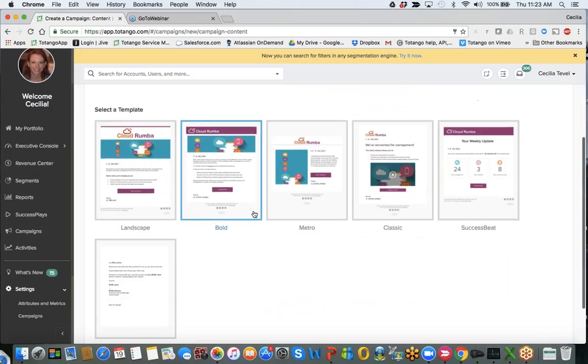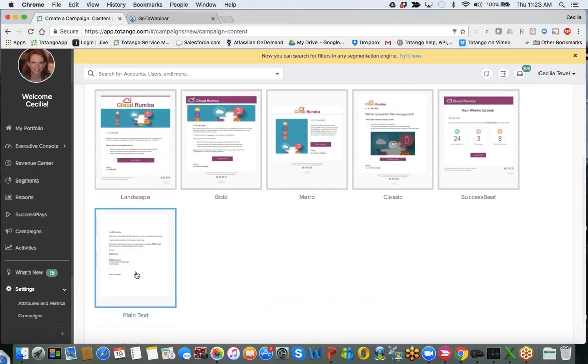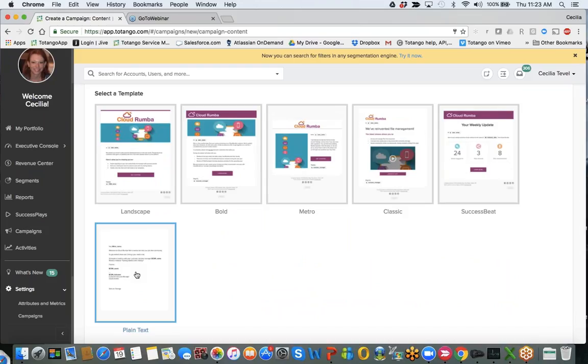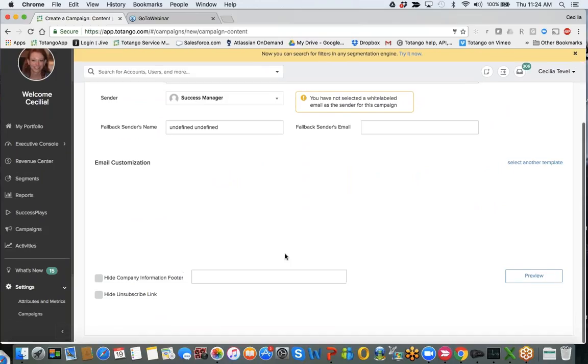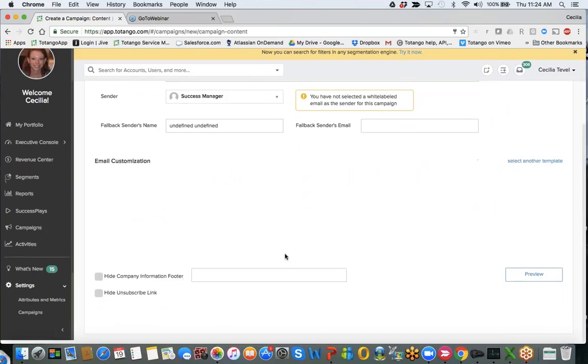So a lot of times, I like to use just a plain text email template because it looks more closely aligned to just a regular email that I would send to my customer. But if you're looking to do more customization, maybe branding, logos, colors, you can select one of the other ones that we have. So if we just go into the plain text mode, basically what you want to do once you have the email